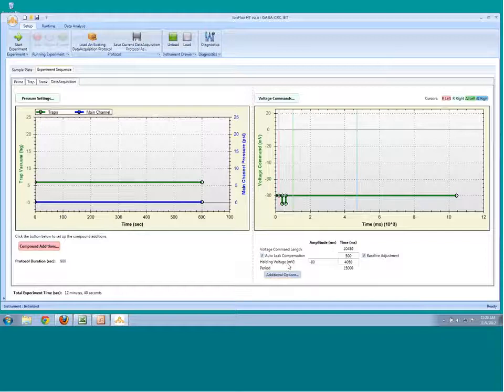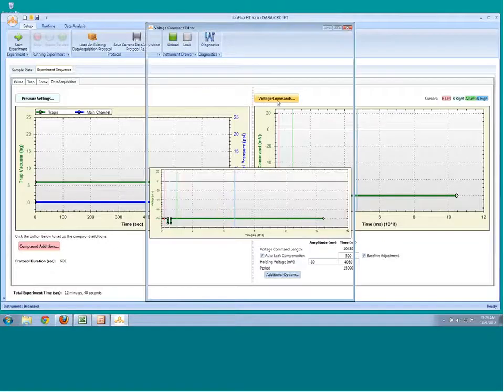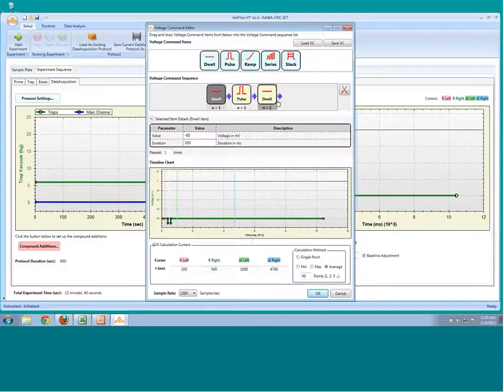So in this case, we're applying a holding potential of minus 80 millivolts. And then we've added a period of time here. Now we can see that this period of time is a somewhat odd number, and it's actually designed to create an even period based on what's defined within the voltage command. And if we take a closer look at our voltage command editor, you can see we have this same sort of drop-down type